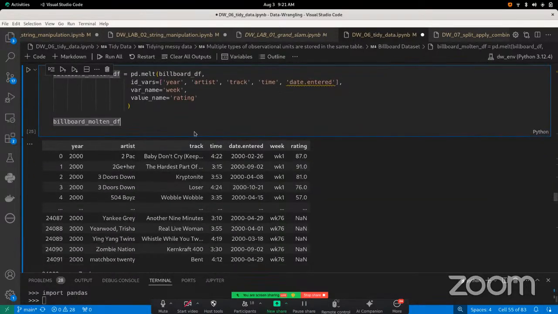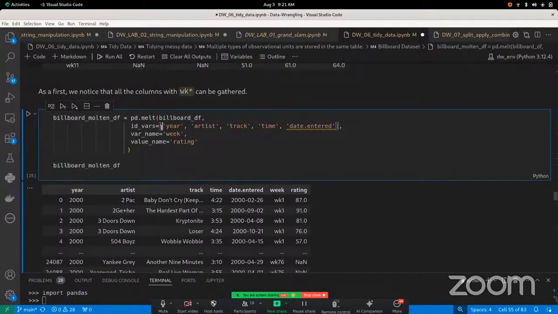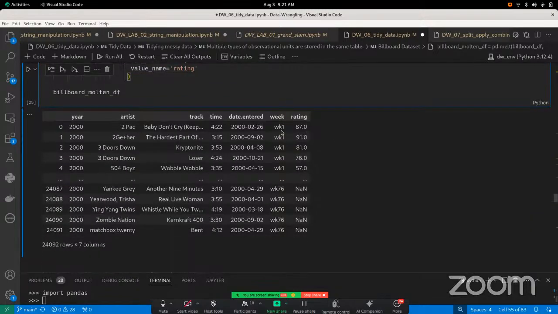The ID variables would be all the variables that we don't want to gather, then week, and we're going to call the value name rating. So now we have somewhat tidy data,